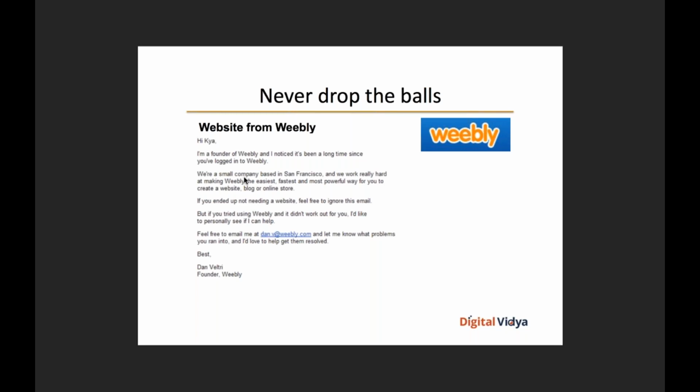Here again, this is the example of a personalized mail which has gone out right from the founder of Weebly. This is something even we employed at Simplilearn, and I'm sure Digital Vidya does as well. I think some of you might have got a note directly from Kapil Nakra. That level of personalized attention from a brand, where the founder or the CEO directly reaches out, really resonates and appeals with customers.